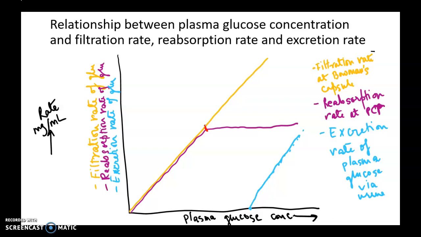At that point, if you have even more glucose floating in the filtrate, the transporters are busy working. So the transporters cannot help these glucose molecules to be transported back into the system. Therefore, you will end up reaching a state called transport maximum. So this is transport maximum for glucose at this point. And eventually, this will lead to excretion of glucose via urine. So let's look at the blue line now. So as the plasma glucose concentration